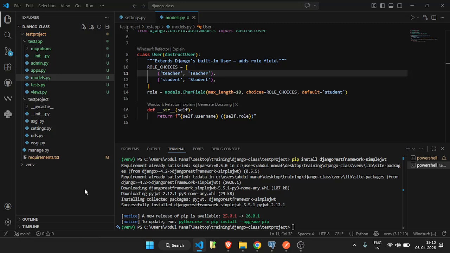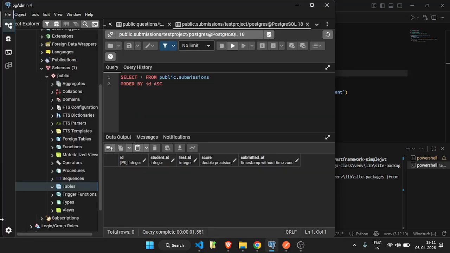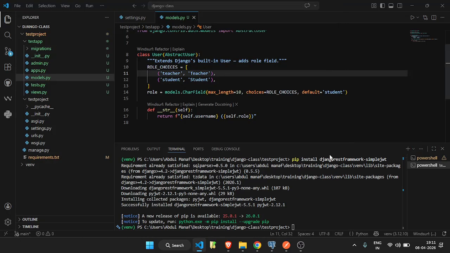Python manage.py makemigrations and python manage.py migrate. Two things you need to enter. Now as you can see, there are no tables here. If I write that command,